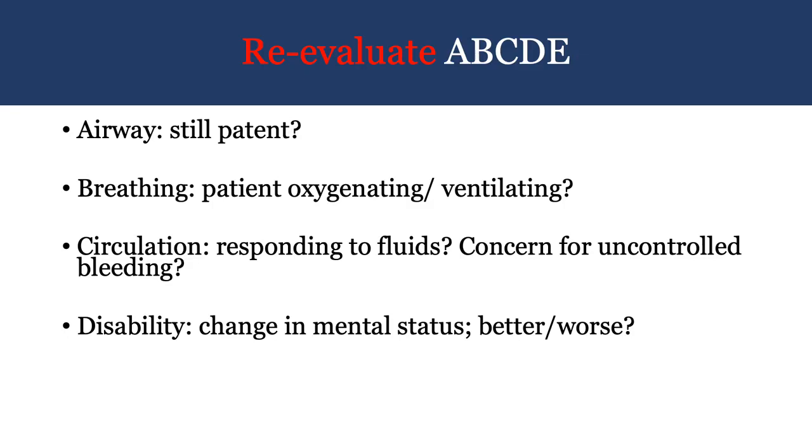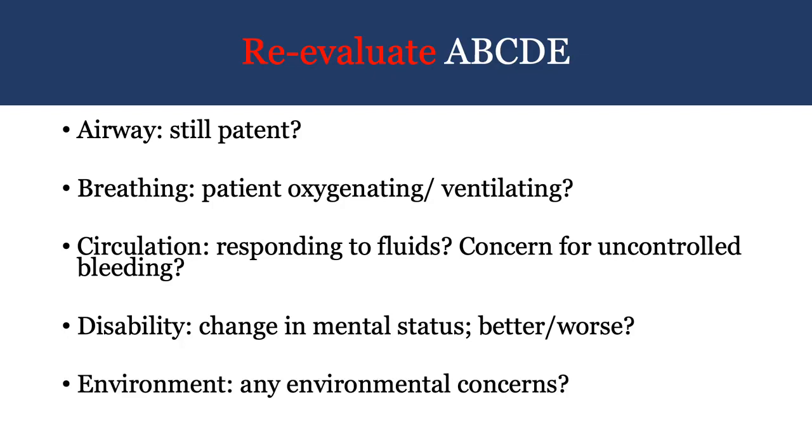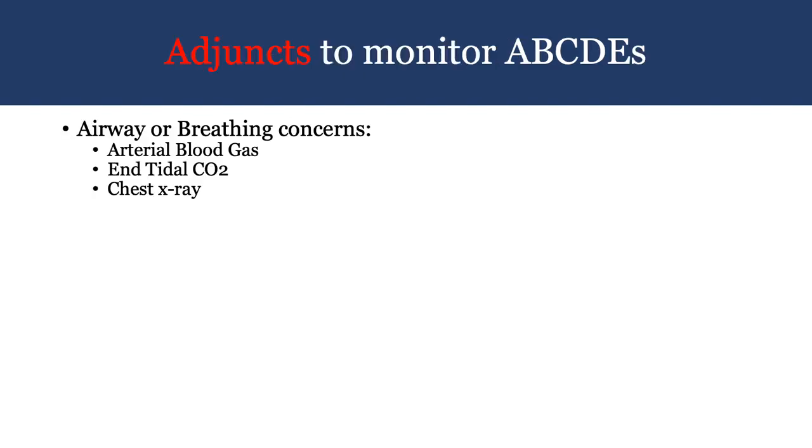Then in the neurological status, is there a change in the mental state? Are they better or are they worse? And what could be causing this? In the environment, always look out for any environmental concerns, usually hyper or hypothermia. So there are what they call adjuncts, or some maneuvers we could do to help achieve the ABCDEs. The adjuncts